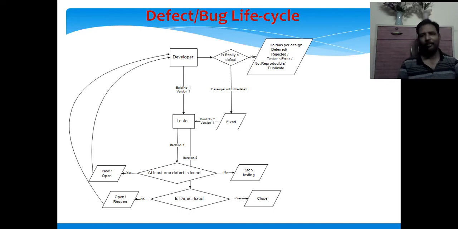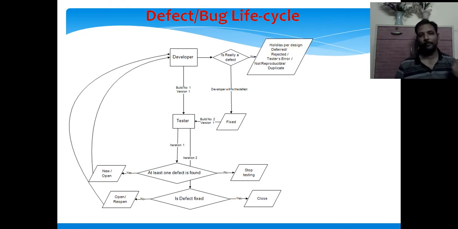Okay, which will help him. Okay, it means that the defect can be reproducible. Okay, duplicate. Okay, suppose that the developer thinks that this type of defect has already been raised. Okay, then he may write it as duplicate. Okay, these are all the statuses which a developer can put